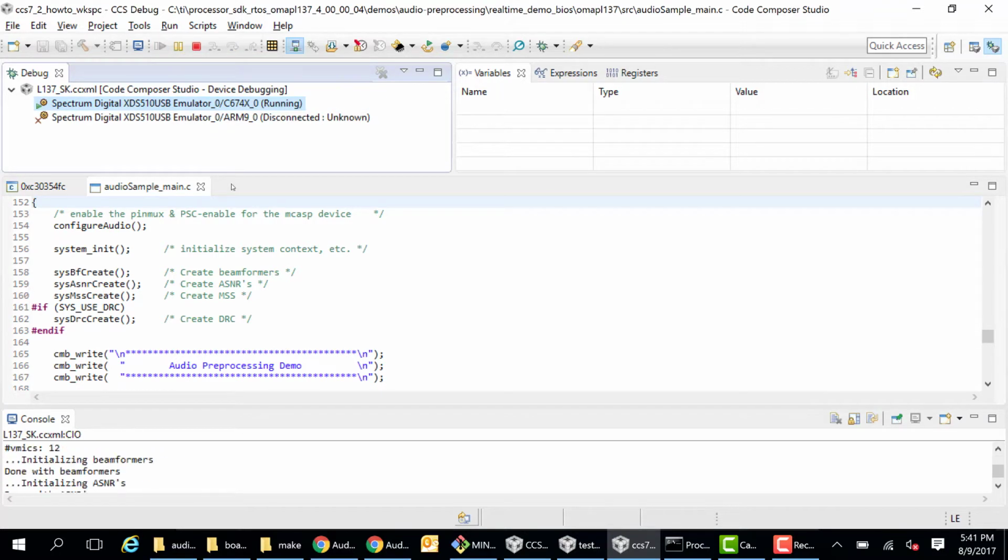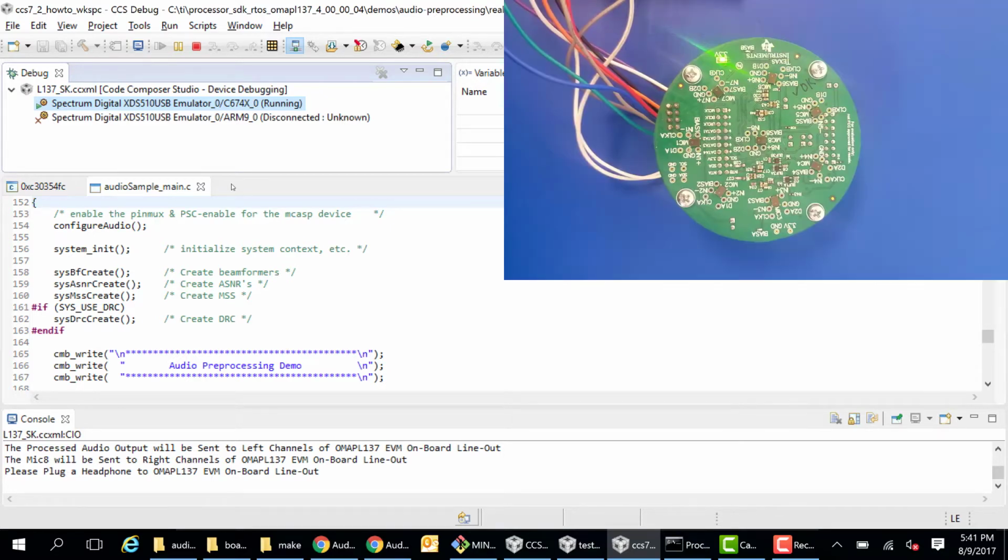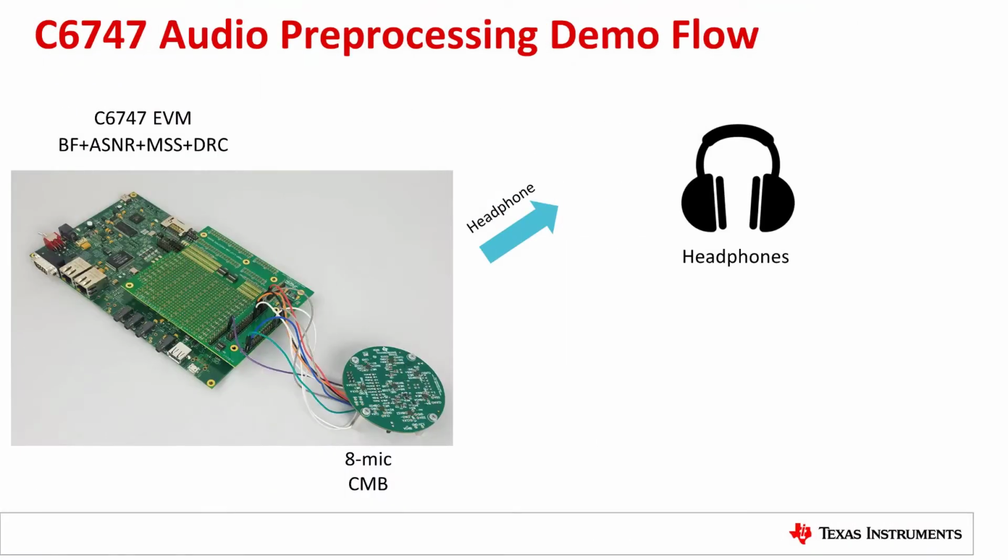At this point, there will be printouts on the console indicating that the circular microphone board has been initialized and the audio processing demo is running. You will notice that a blue LED on the CMB will also illuminate, indicating a successful initialization of the CMB. At this point, the audio captured by the CMB is sent to the L137 board and the processed audio is then piped to the headphones.